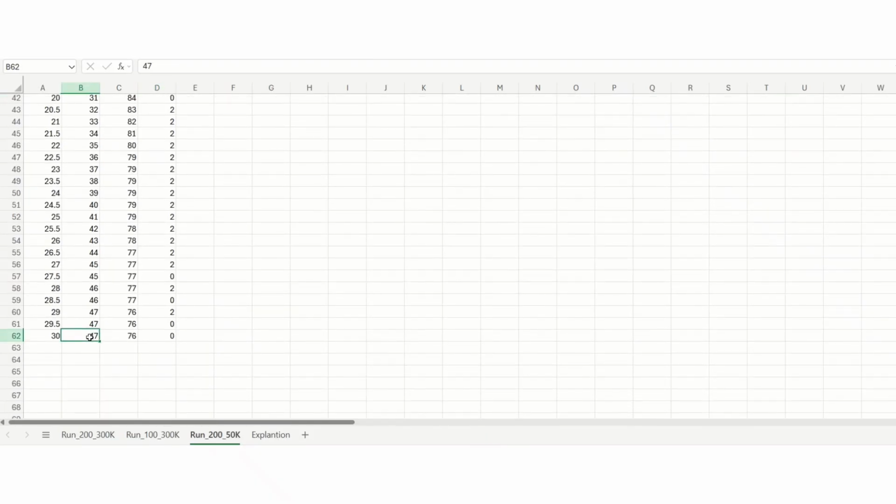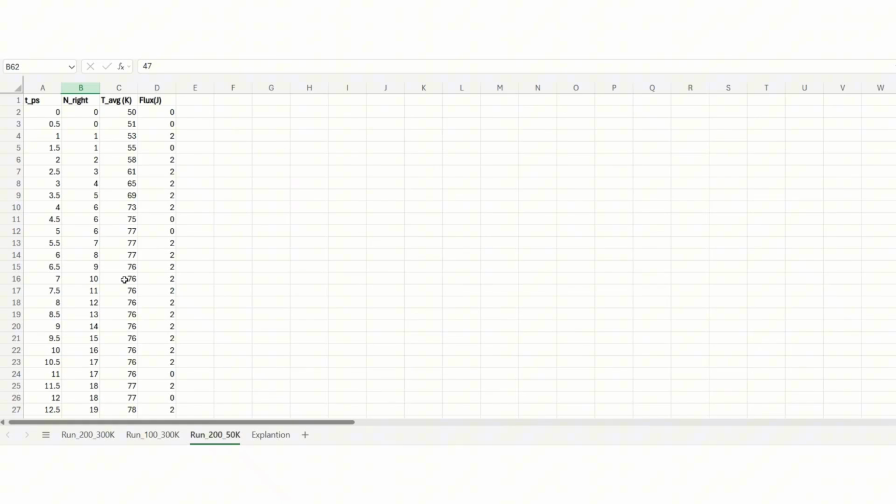Now, if we go to 200 atoms at 50 Kelvin, we can see that at this lower temperature, we should assume the atomic motion slows down because the particles have less thermal energy. Through the 30 picoseconds, the number of atoms on the right side only goes to 47, which is less than what happened at 300 Kelvin. Sorry. So even though the concentration gradient was the same as in the first run, the diffusion rate was drastically reduced, and this is because the temperature was reduced by 250 Kelvin,